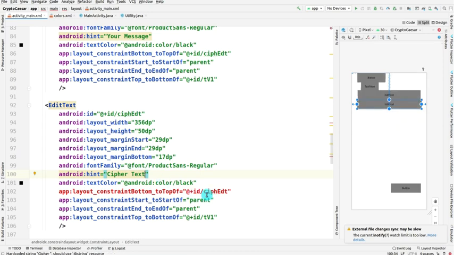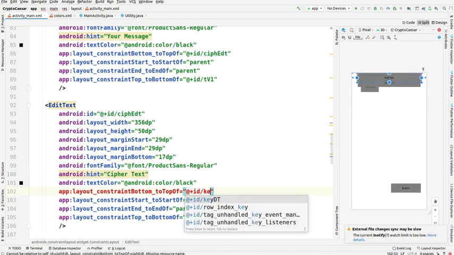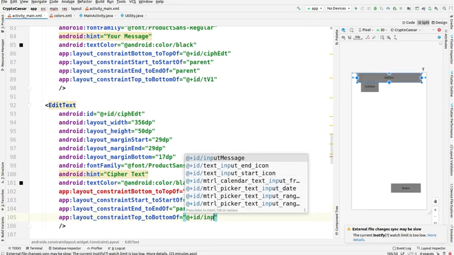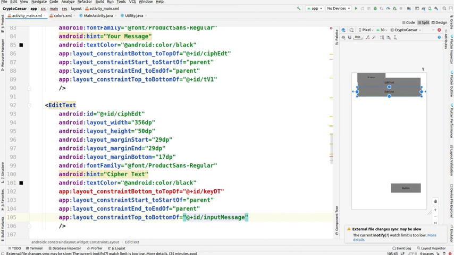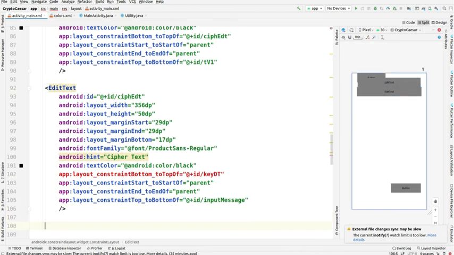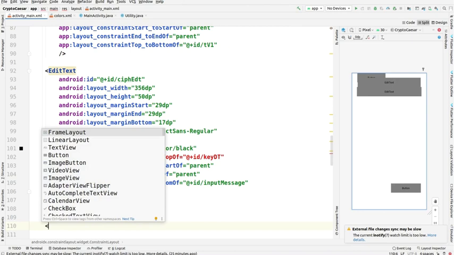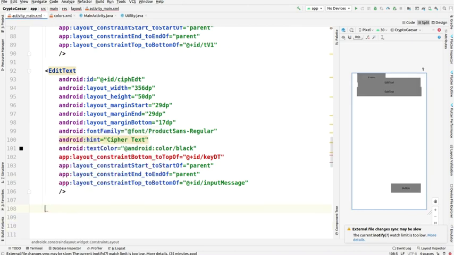Okay, now you have to change the hint also, like cipher text. You have to add some cipher text here, and then finally you have to change this ID to key dt. Okay, then start to end is there, and change this top to bottom of the last one to input message. Okay, so now you have to add another view, and that view is